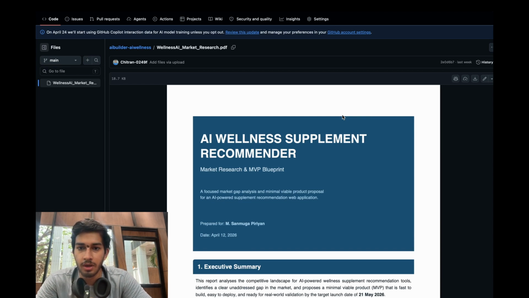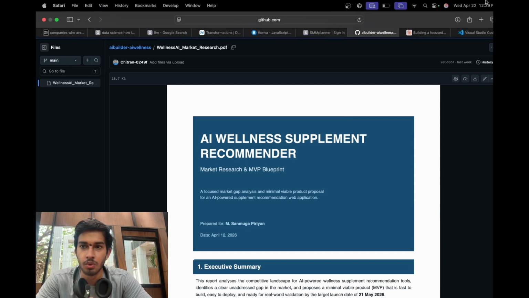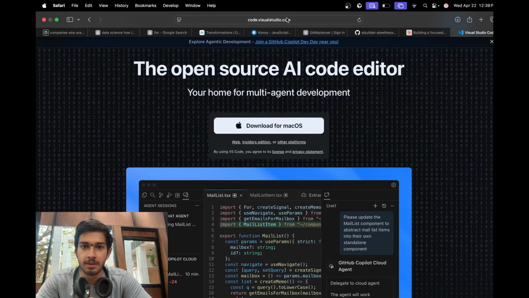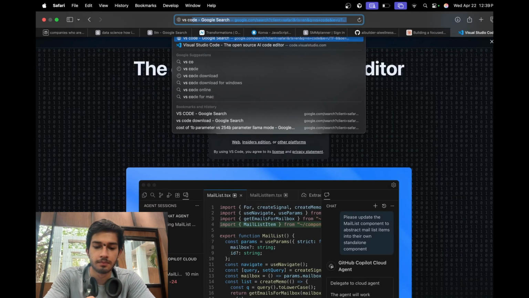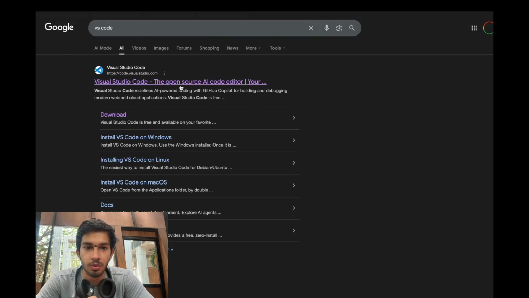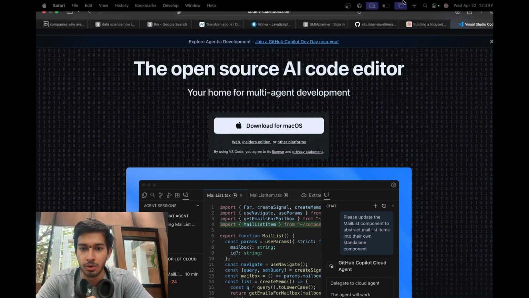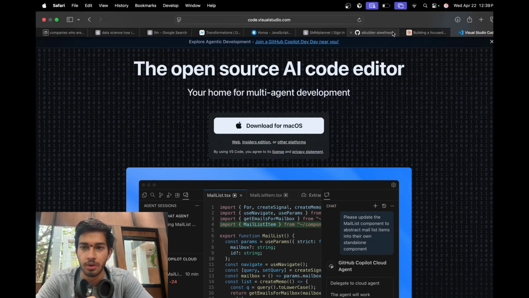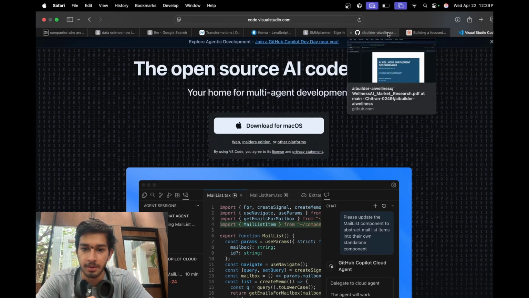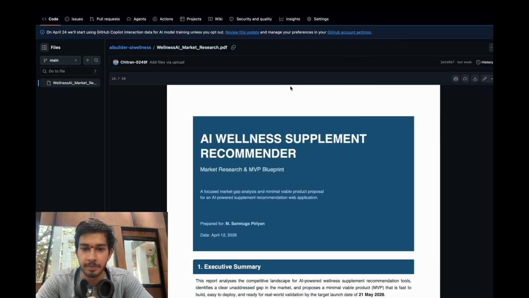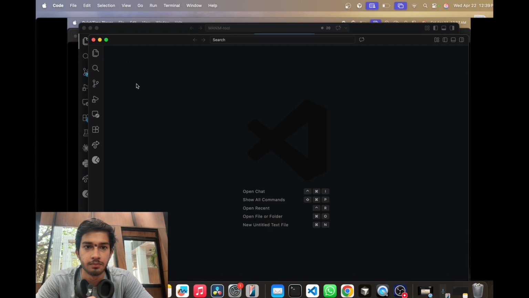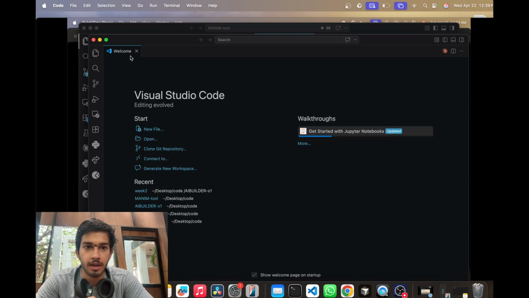If you have not already downloaded VS Code, just go to a new folder, search here VS Code, and go to this link, download this for your system. And you can watch a YouTube video as well to set up VS Code with GitHub Copilot. Now once you have done this and downloaded this PDF file on your system, open a new window, and in this new window,